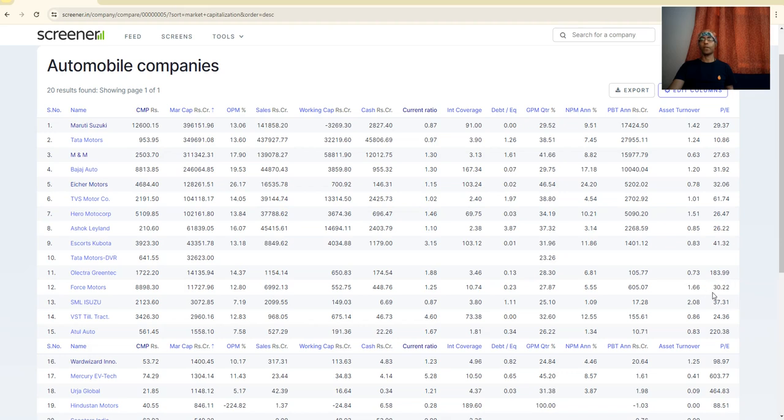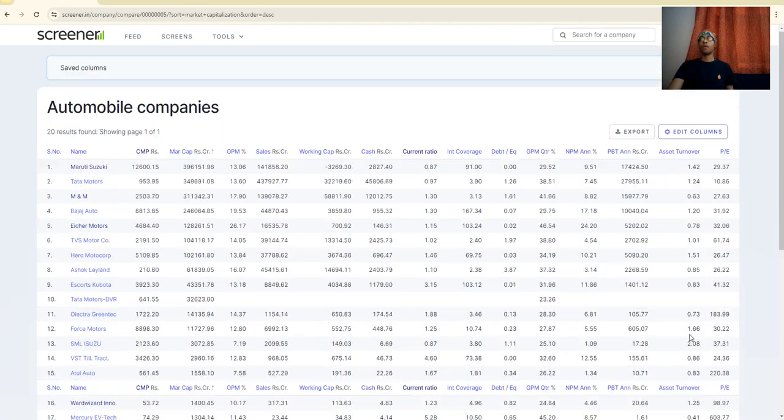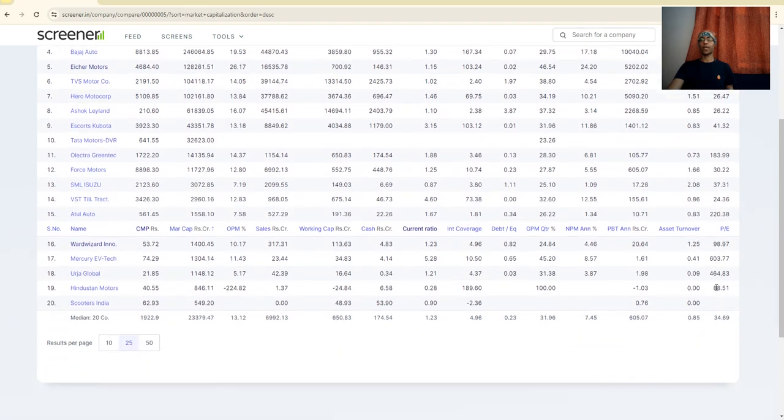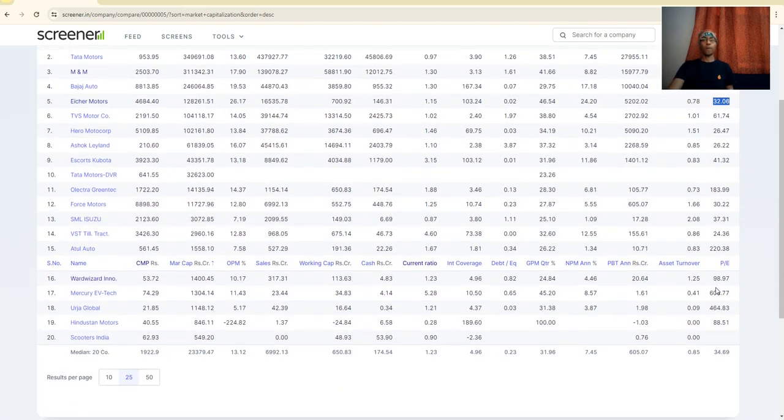183 is for Olectra, 30 for SML Isuzu, 37, VST Tillers is 24, Atul Auto is 2220. Right. So what we would say is they are well placed in terms of this, but the industry average which is showing is basically because of a few green vehicle companies which are ridiculously valued. Their valuation doesn't seem to fit the valuation of the company. The pricing does not seem to fit the valuation of the company, and they might mean revert and come down